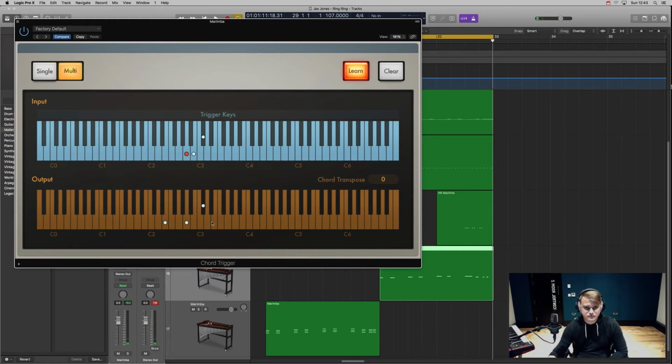So if we were to build this chord up. So now listen to that. Here we go. This bit here. So big chords this time. Up to you. I prefer to play it in